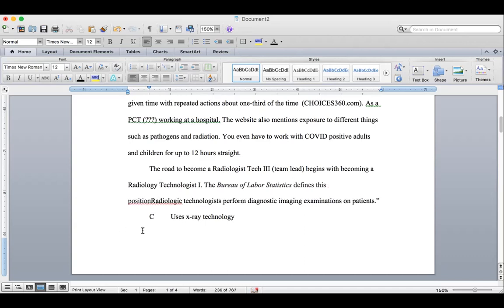I'm going to put this here, and because I want to make it fit in the sentence, I can't say perform. I have to say performing. So that's okay as long as I put the brackets there and tell you that I'm altering the word. Okay, so then that's fine. All right, I would have normally put Bureau of Labor and Statistics. I could have taken that period out and put it in parentheses, but I don't have to because it's already